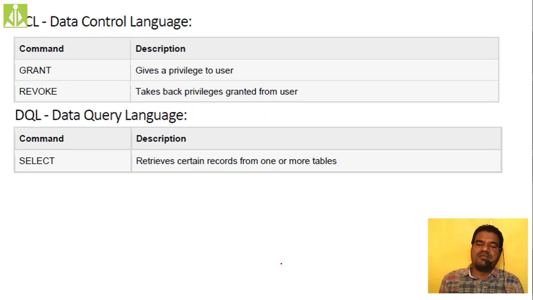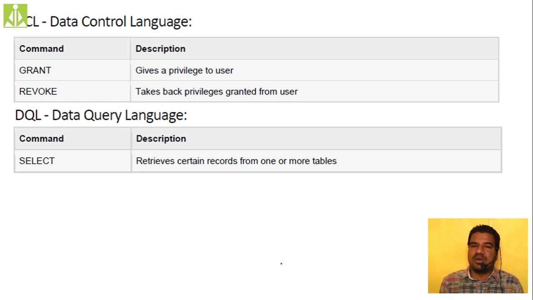Okay, the next thing is data control language. Controlling is nothing but granting permissions and revoking permissions. Just now we created one user, and with the help of the grant command we gave permissions. If you want to revoke those permissions, use the revoke command. So by giving and revoking permissions, we are controlling the authorities of particular users or particular objects. For such control, to give and to revoke, we use data control commands.